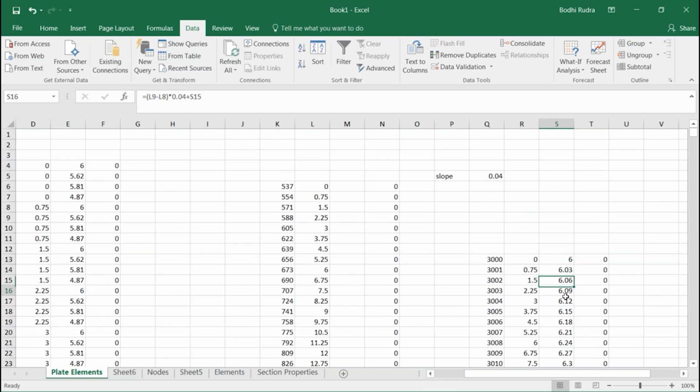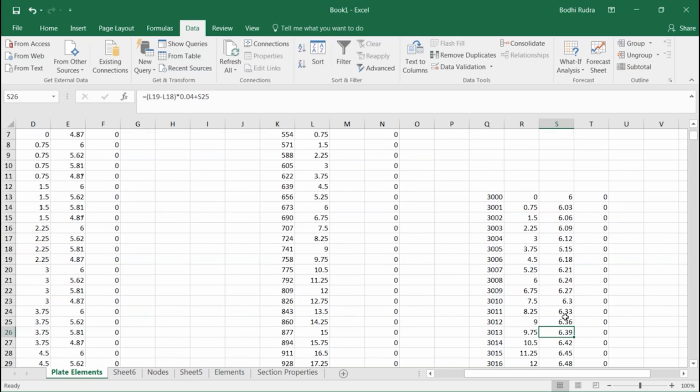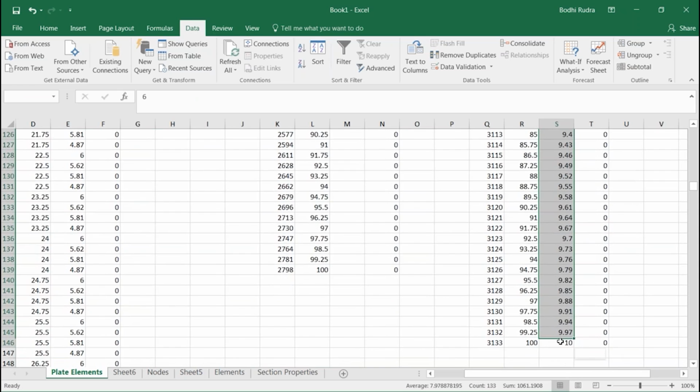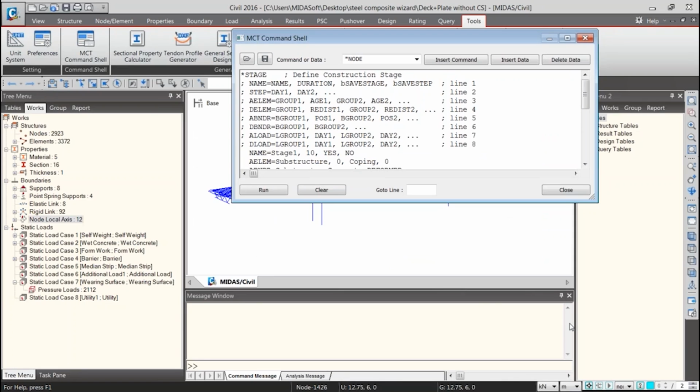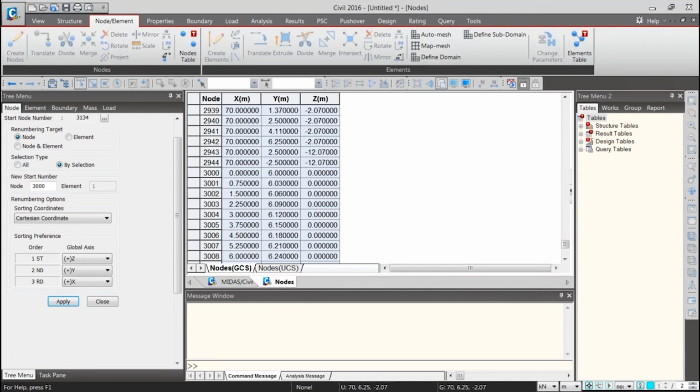For each element, the nodal coordinates have been changed. You can see here the y coordinates are changing. So we can simply copy these y coordinates from here, go to our model and paste it here. The moment you paste it, you will find that the y coordinates have changed.